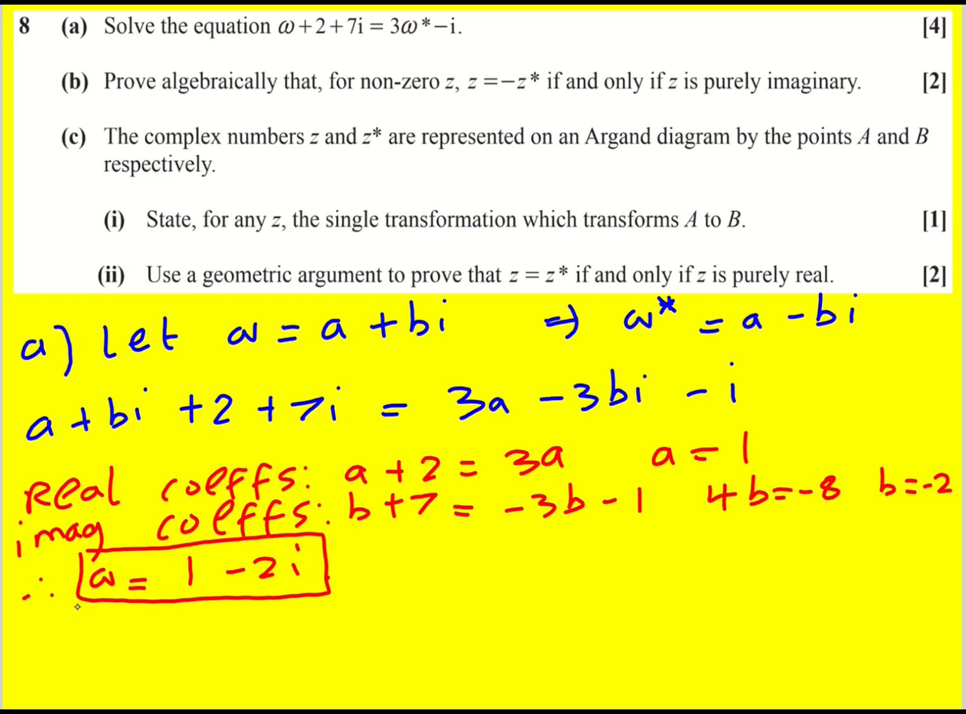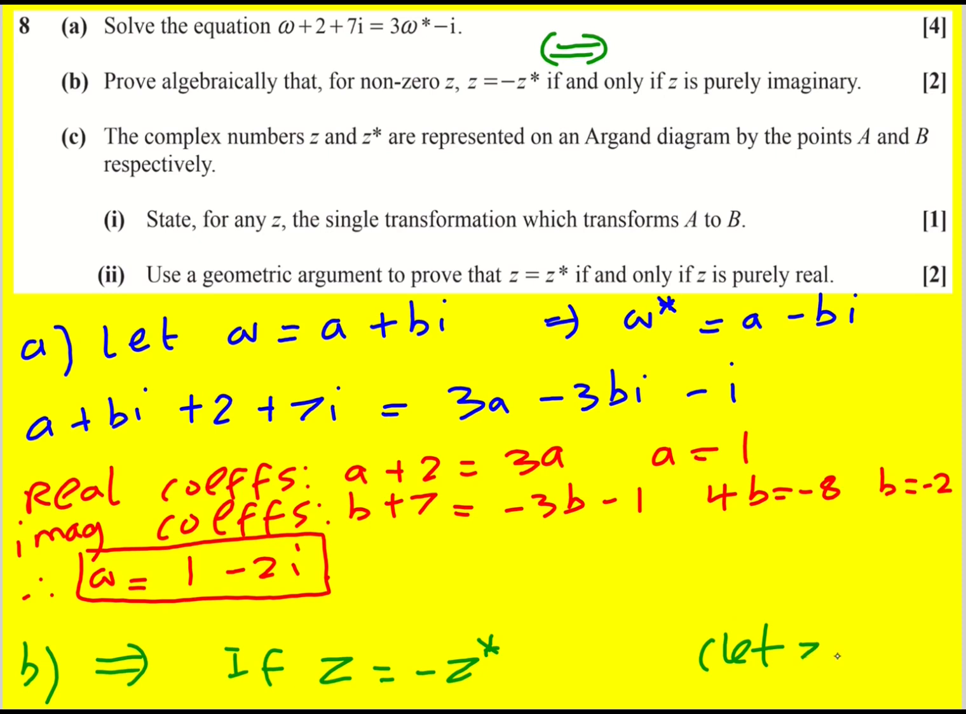We're asked to then prove algebraically that for non-zero z, z is equal to minus its complex conjugate if and only if z is purely imaginary. So we need to show that the left implies the right, but also that the right implies the left. Let's first of all do the left to the right. So if z equals minus z star,